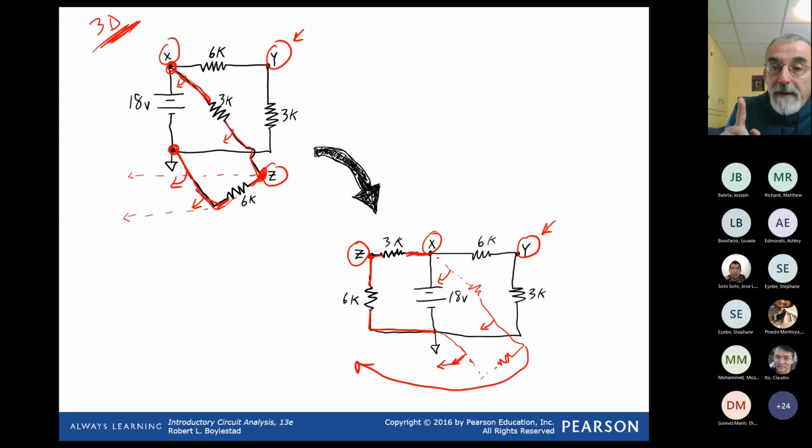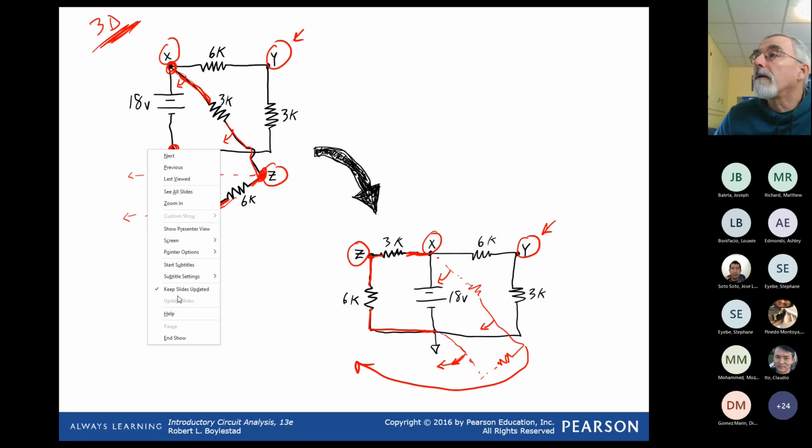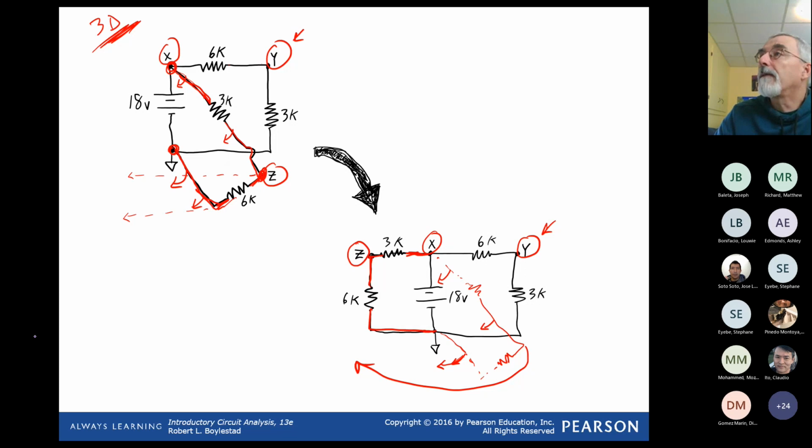If you are not able to 3-dimensionally rotate things in your head, and not everybody can, it's a tough concept. If you're not able to do it, then I recommend using colored pencils and showing in different colors each part of the circuit. And I've seen a lot of people get through doing that. They show each different branch in a different color, and then when they redraw it,